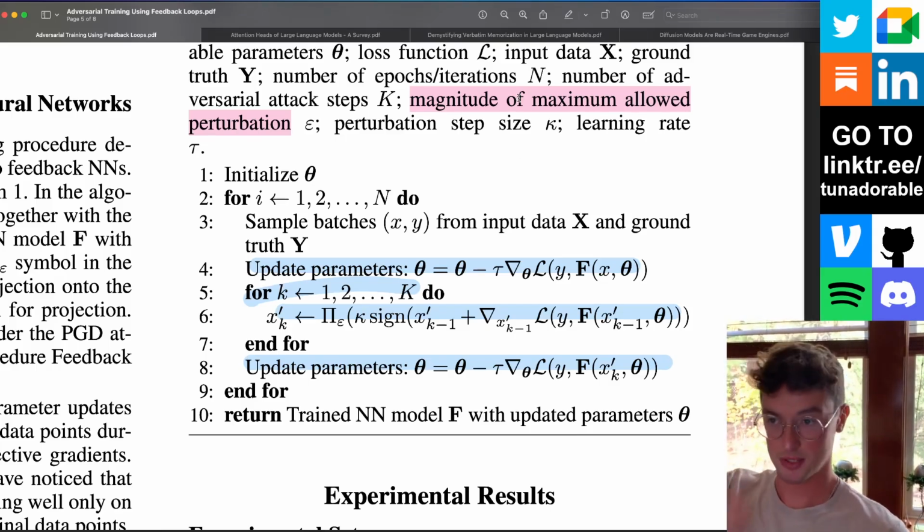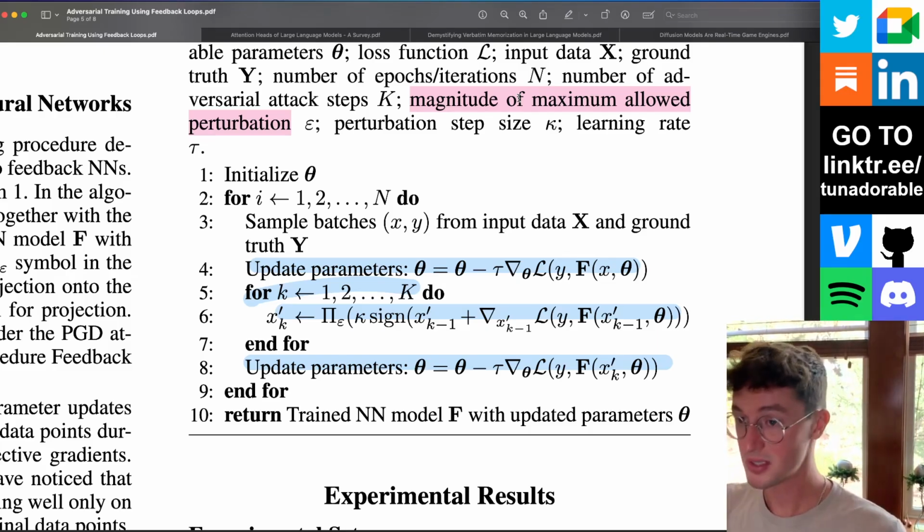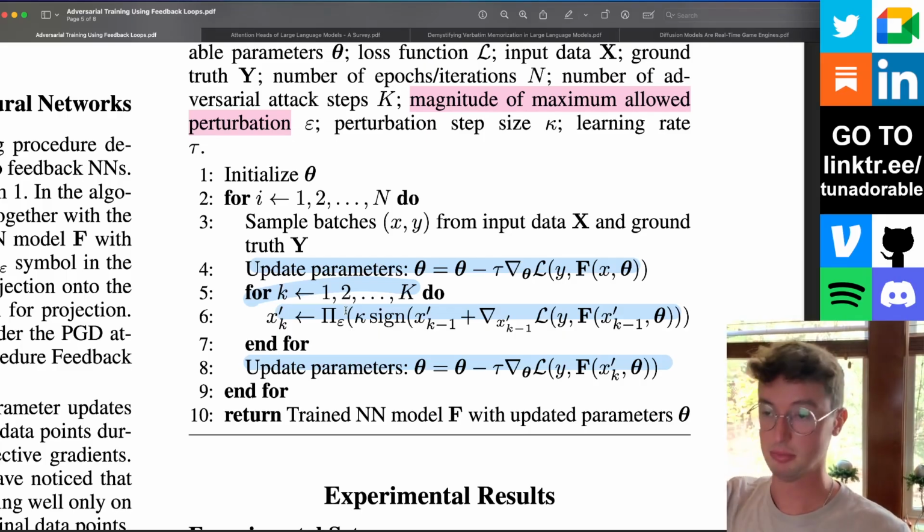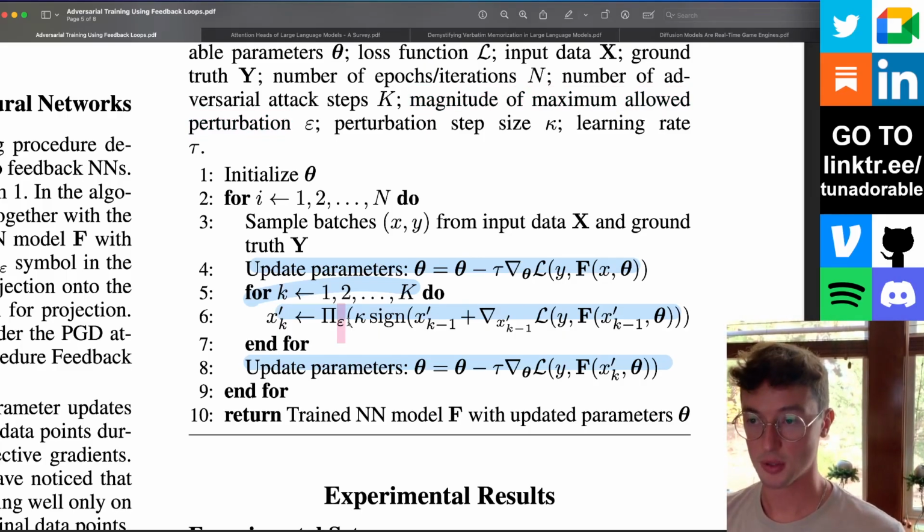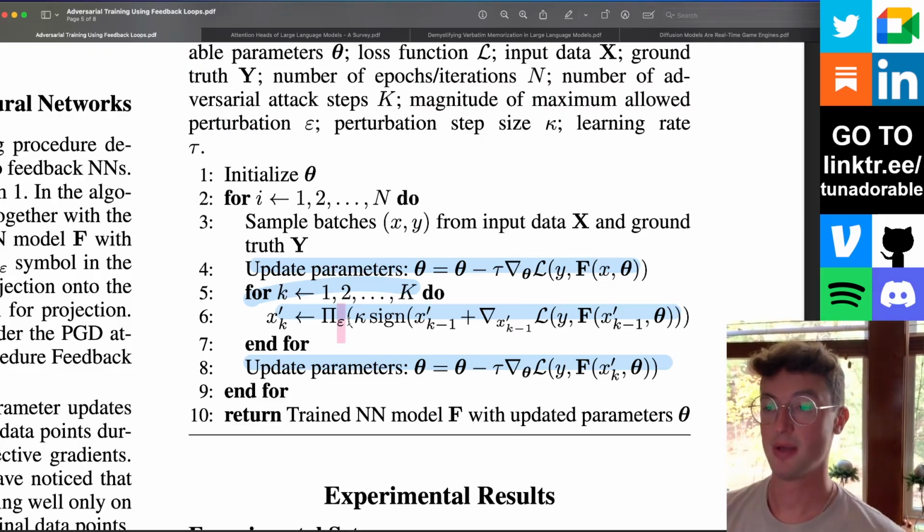Again, I am not big on the adversarial example field. I don't know how big of an issue that is. Is there an actual realistic limit as to how large a perturbation would be? I believe at some point there is. I just don't know how to tune that hyperparameter. Not my thing. But I guess you have to choose, when you're thinking about someone adversarially attacking you, how large of a perturbation do you expect them to actually use? I imagine if the perturbation's too large, it just ends up in an entirely different part of the representation space, and who cares anymore, I would guess, but I'm not quite sure how that works.